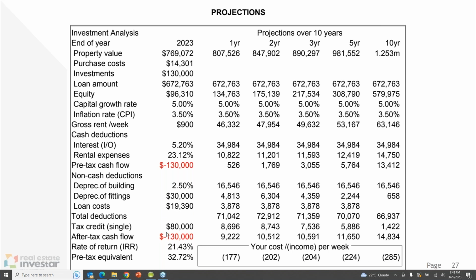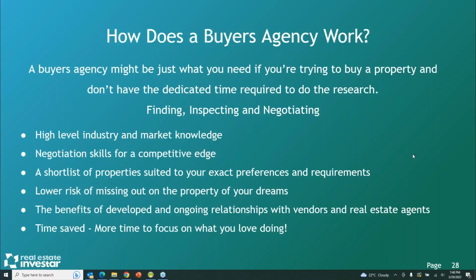Of course, that's interest only, because for anyone new to property investment, generally the interest is a tax deduction, the principal isn't. So the general rule of thumb is if you've got debt on your own home, you're better off to have interest only on the investment property and pay the extra cash into your own home loan, which is a non-taxable debt. Whereas the investment property, as long as it's financed correctly, should be a taxable debt on the interest only. So for those new to property investment, just a couple of tips there.